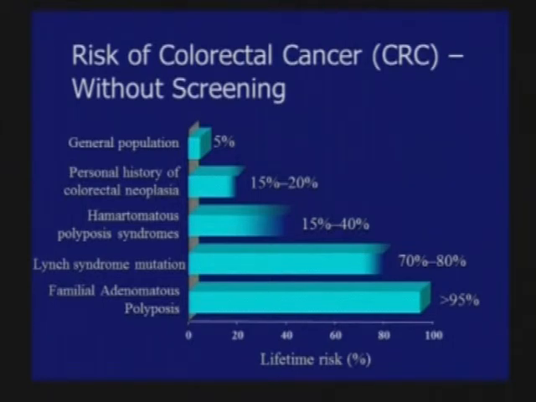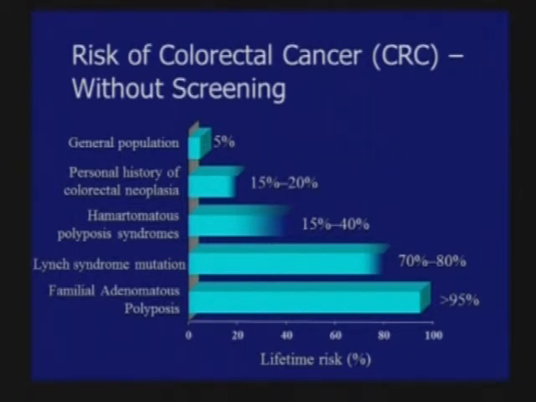So first of all, let's talk about risk of colon cancer. Now, these are US numbers. The general population risk in the United States is 5%, so 1 in 20 individuals will get colon cancer. And I understand in Colombia it's maybe about a third of that, and that gastric cancer rates are higher here than colon cancer. But as has been seen in most Western countries, as your gastric cancer rate decreases, the colon cancer risk increases. And you're seeing the same thing here, I think. So it's going to become more and more of a problem in the future.